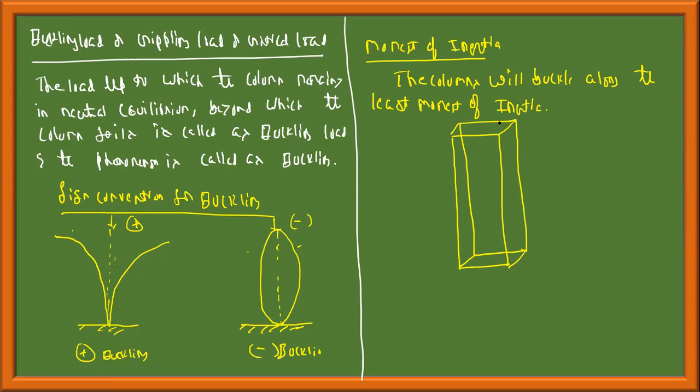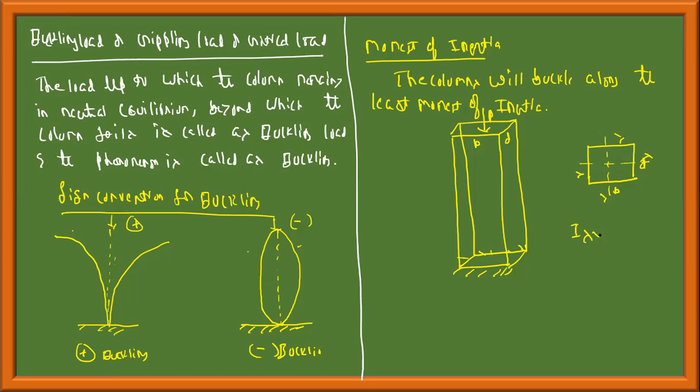Okay. I'm applying a load P, and this is fixed with the foundation. This is also fixed at the upper end, but I'm assuming this is the load. And this is the cross section. This is B, this is D. If I write the cross section, this is B, this is D. This is my x-x axis. This is my y-y axis.